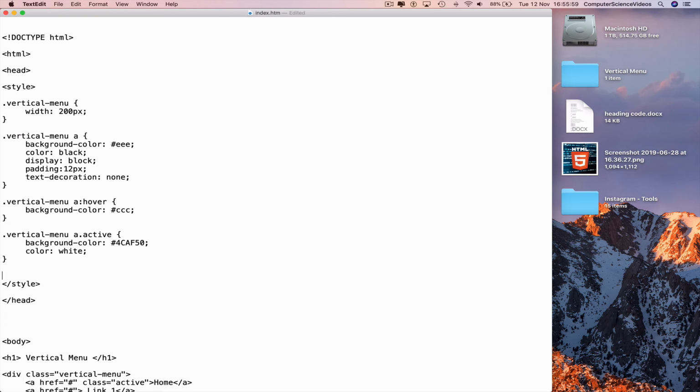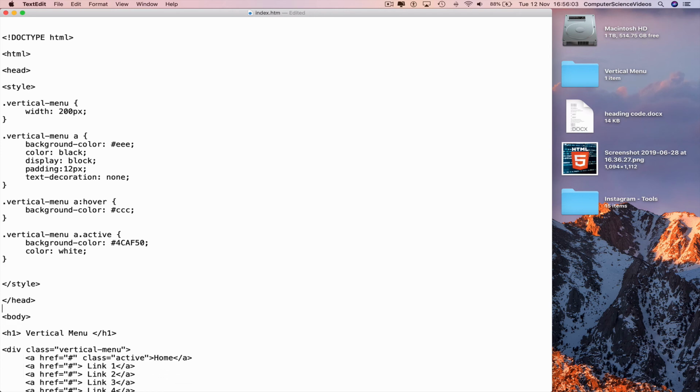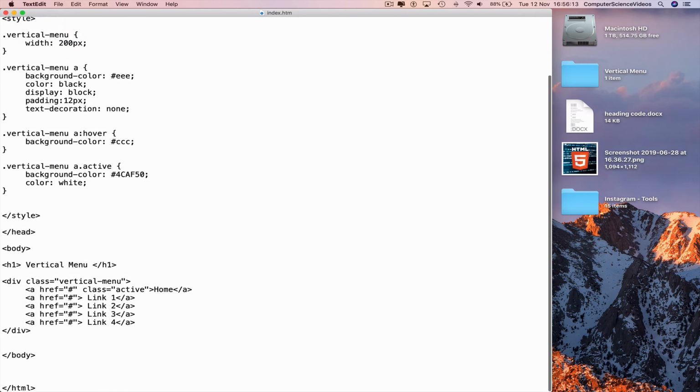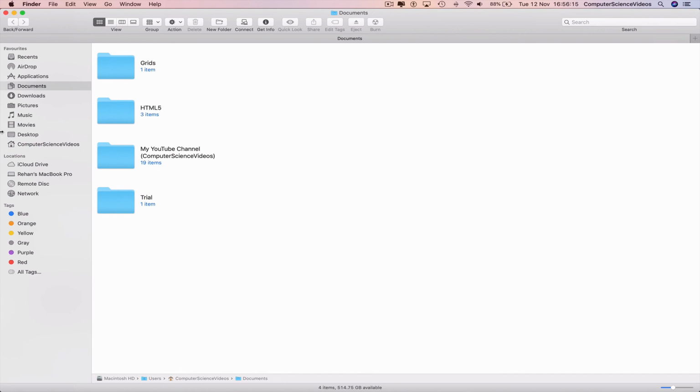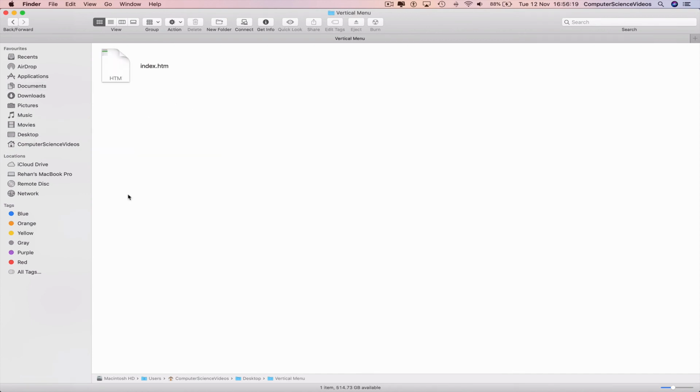So the CSS has now been coded. The only thing left to do now is to execute and see the vertical menu itself. Command S to save, so we can now go all the way down to the dock, go to Finder, Desktop, Vertical Menu, index.html, right click, open with Safari,